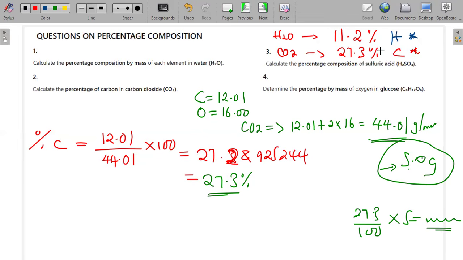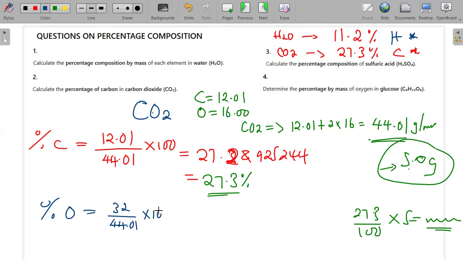So these two are going to be used in combustion analysis. Okay, let's also find the percentage composition of oxygen in carbon dioxide. So oxygen, you can see in carbon dioxide, we have two of it because it's CO2. So there's two. So I'll say 2 multiplied by 16. So that would be 32 over